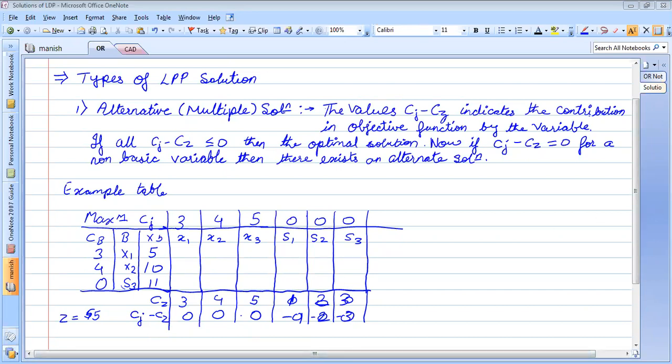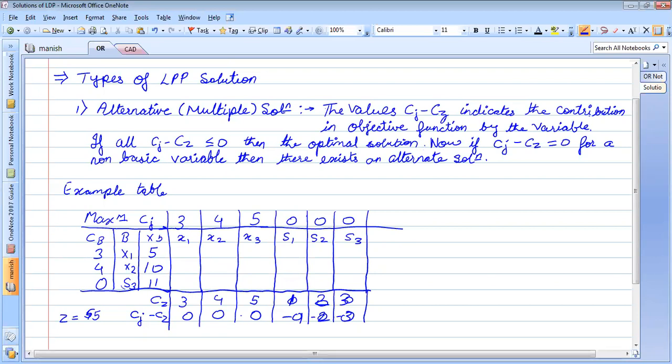Anyhow, let me come back. If you have Cj minus Zj exactly equal to 0 for a non-basic variable, here you can see I have written it in words. The value of Cj minus Zj indicates the contribution to the objective function by the variable. If all Cj minus Zj values are less than 0, then the optimal solution is reached.